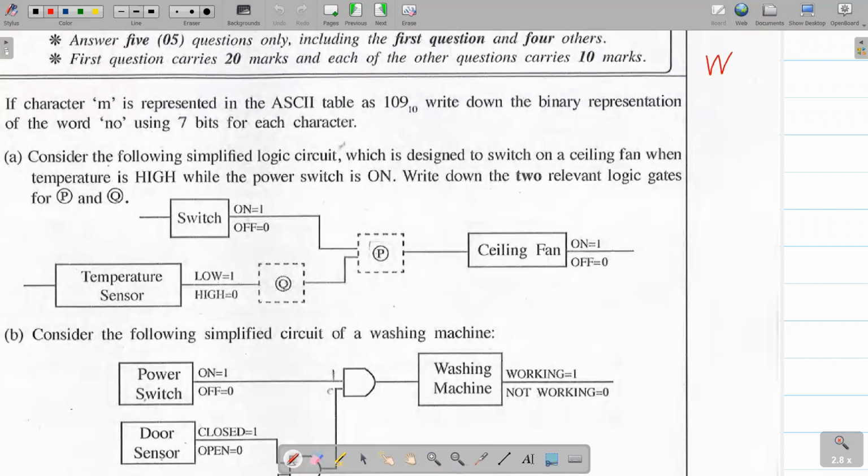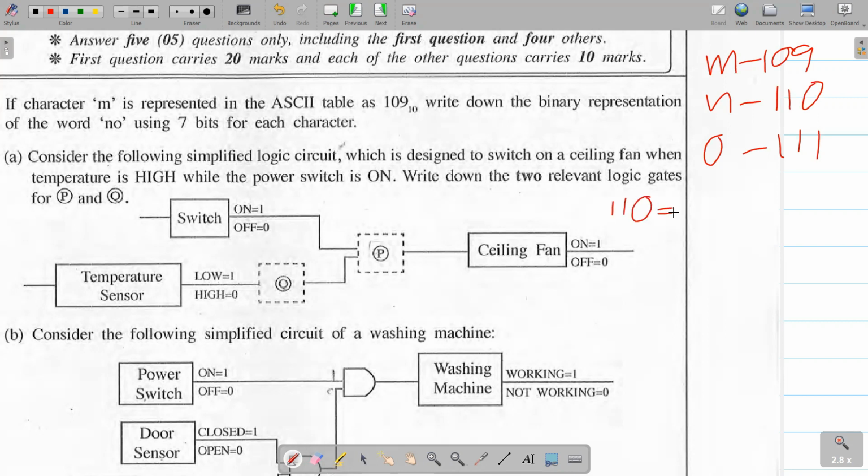So M indicates 109. Then N and O come next in the alphabet, so this is going to be 110, and this is going to be 111. Right, so if they need to indicate "no" in 7 bits for each character,